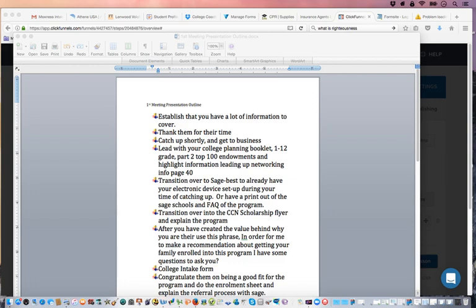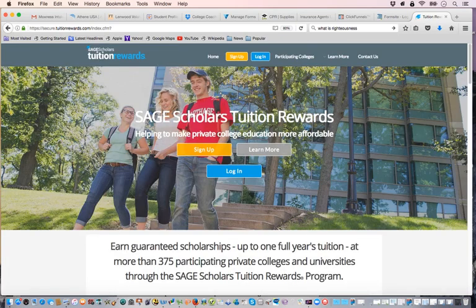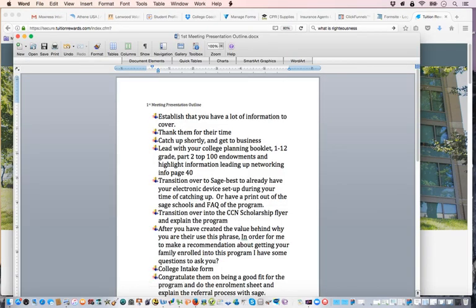Thank them for their time. Be professional. Then when you're walking through, catching up, "Hey, how's the family doing? How are the kids doing?" this is a time when you should learn how to multitask. If you have a computer or a tablet, get that set up. Make sure your Wi-Fi is connected, like I'm doing now. Make sure you have your presentation folder that you've already printed and put together, and have all that laid out. If you have the leave-behinds, which is the FAQ with Sage and the brochure that breaks out how the program works, have that information out and handy, ready to rock and roll.